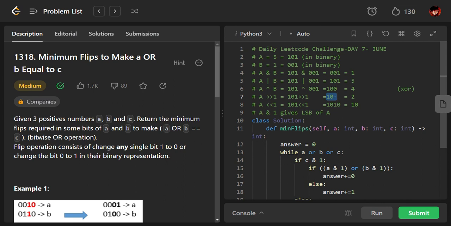If you talk about left shift, we won't be using left shift in this particular question, but I will quickly show what it is. See, 101 left shift, what will happen is, as you can imagine, a new bit gets added on the right side. It was 101, now it becomes 1010, so this new bit got added because we left shifted by 1. So by now you would have understood, if you do a right shift, we are losing a bit, but if we do a left shift, a new bit gets added at the right side